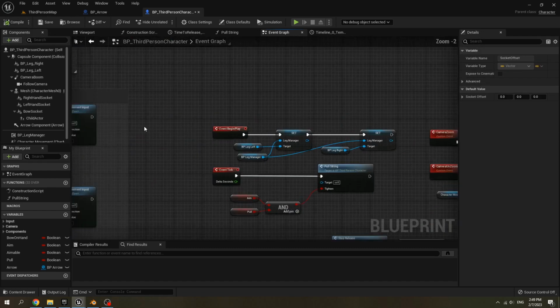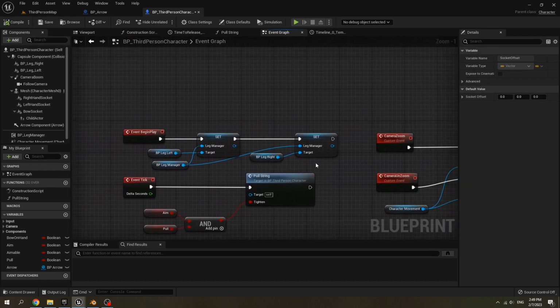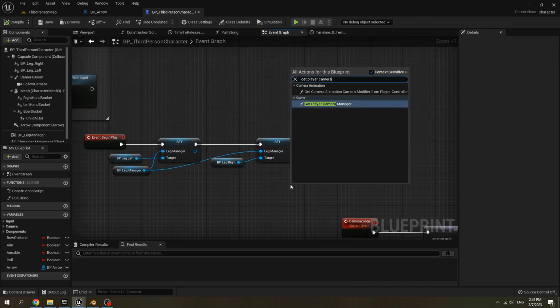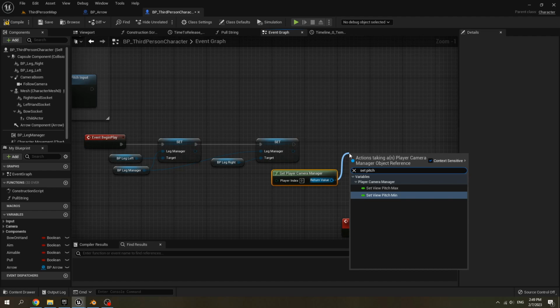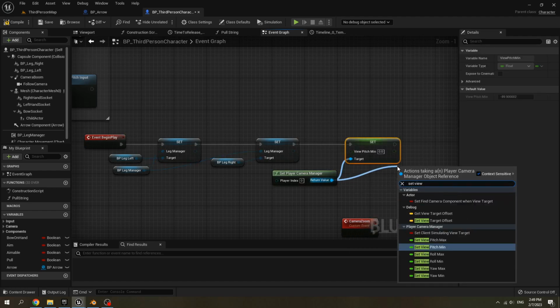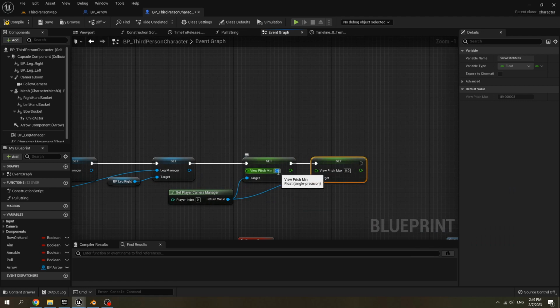Compile it. Go to begin play event, then get player camera manager, set view pitch min and set view pitch max. Set view pitch min to -70 and set view pitch max to 70.